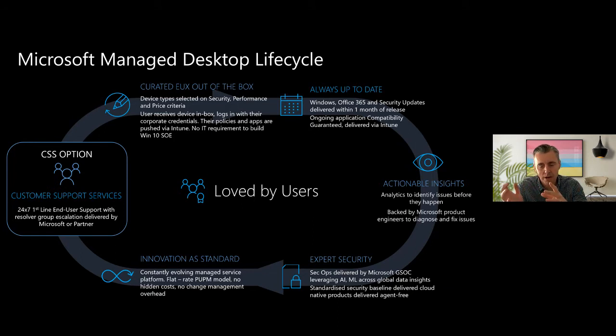And then for any other applications, because a lot of people have it, let me pick on SAP. If you have an SAP related issue, obviously every SAP instance, just because of the nature of ERP, is different customer by customer. So we would take that first line call, and we'd be able to see if you're on the right version of SAP and it was performing well in your Windows 10 environment. So we'd be able to say, maybe you just want to do a quick reboot there or something like this. But for anything more fundamental, down to a button click,